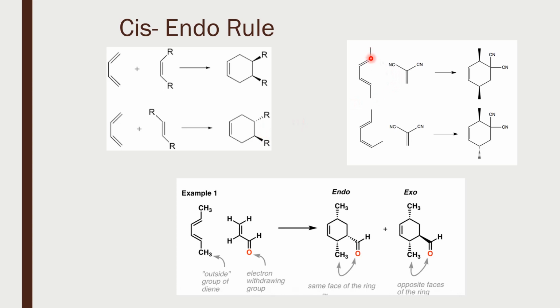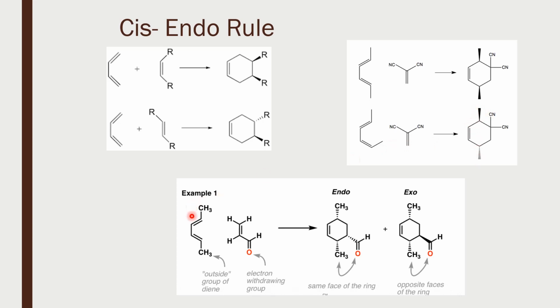Now, but suppose you have a substituted diene. Say for example, you have this case, these two are diastereomers, this is EE and this is EZ, and if you treat it with this dienophile, you see that I could have two possibilities. Now when you have the groups which are coming out in the product also, they will be retained. It will be a cis geometry. This could be either above the plane or it could be below the plane.